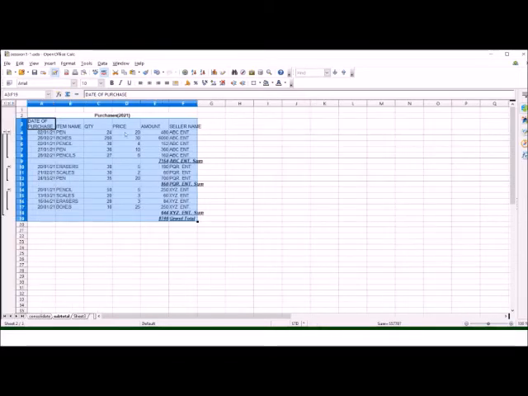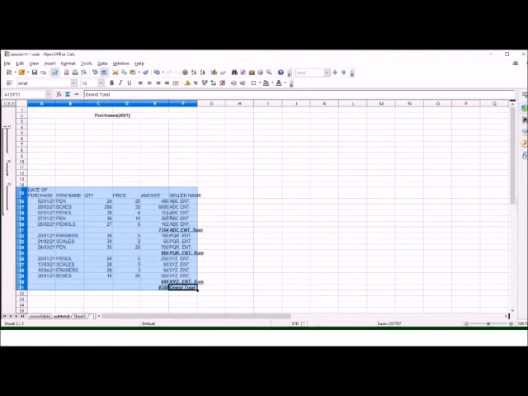Now we can see the same worksheet has been grouped on the basis of seller names. To ABC Enterprises we have paid a total of 7,154 rupees, to PQR Enterprises we have paid 950 rupees, and to XYZ Enterprises we have paid a total of 644 rupees, and the total amount paid to all these sellers is 8,748 rupees.